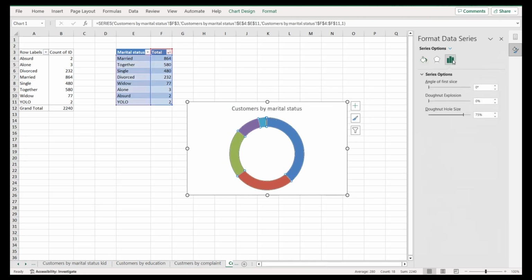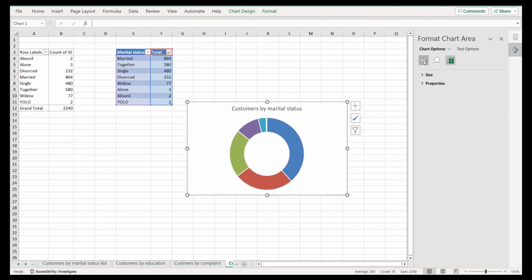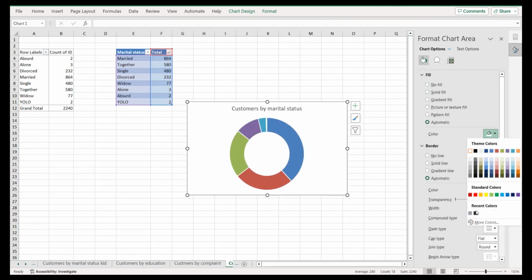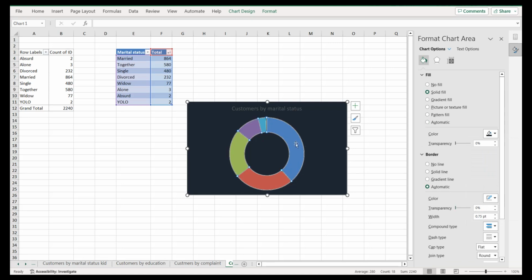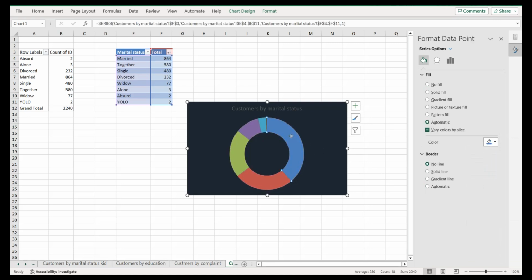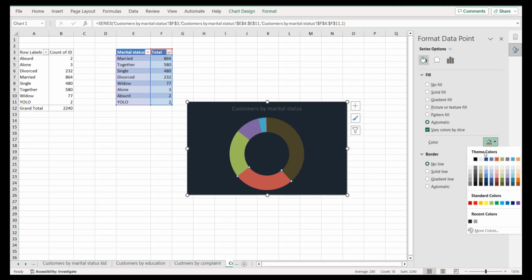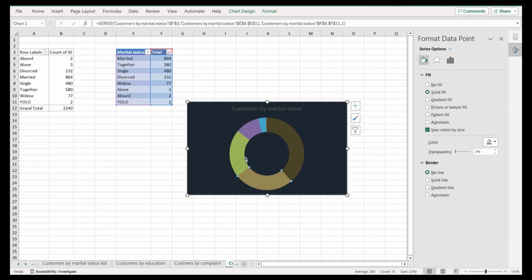Now we start with the size, so the whole size will be 60%. Next we have the color, same as the dashboard, no line for the border, and we change the colors. Okay, we'll select this one. Next,